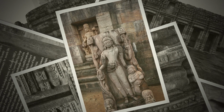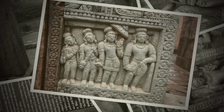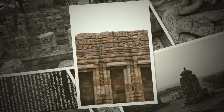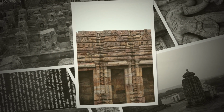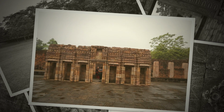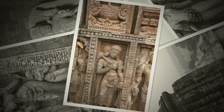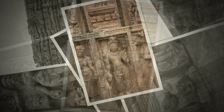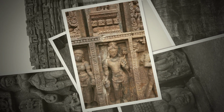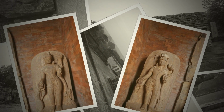From the impressive remains and a large number of sculptures discovered during excavation, it is clear that the Buddhist establishment of Ratnagiri, dating around 5th century AD, witnessed a phenomenal growth in religion, art and architecture till around 13th century AD. A large number of stone sculptures, a few bronze and brass images of Buddha and of the Buddhist pantheon recovered during excavations tend to prove that Ratnagiri was a great tantric center of Buddhism compared to that of Nalanda in